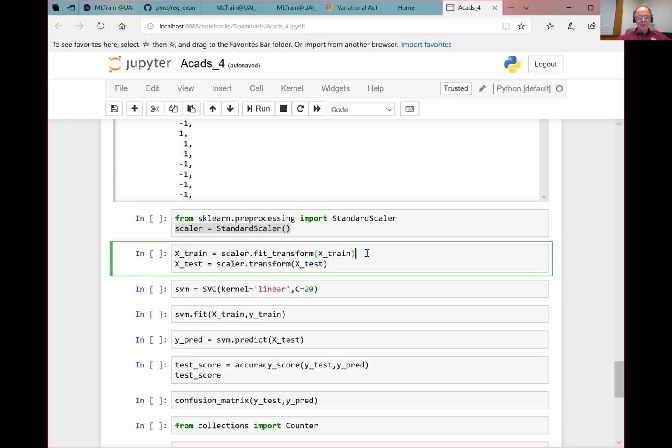And then, as we also discussed, it's very important that you use the same mean and standard deviation when you want to scale the test set, because for the test set, you can't compute the mean and the standard deviation. That would be cheating if you did that, because you can't touch the test set. So you have to use the same mean and standard deviation that you found in the